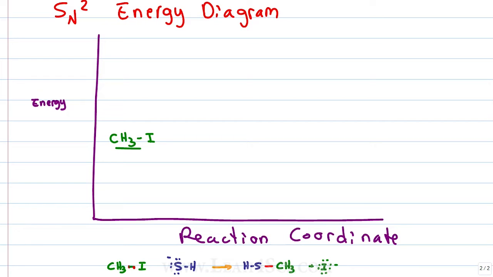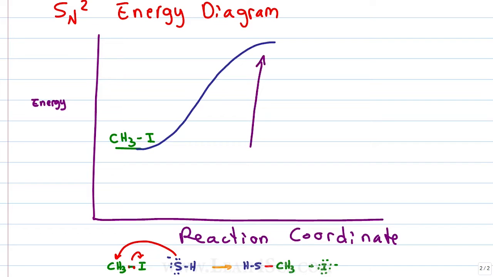Notice we're not using numbers. I'm focusing on the concept of the increase and the decrease. In this Sn2 reaction, the S is going to attack the carbon, which kicks out the iodine, but it's not just going to happen on its own. We need to put energy into the system to allow the molecules to adopt this relatively unstable state, because even though the reaction is ideal in the long run, the intermediate, the process of breaking and making bonds, requires a lot of energy. And so we need to put enough energy into the system to almost motivate the reaction to